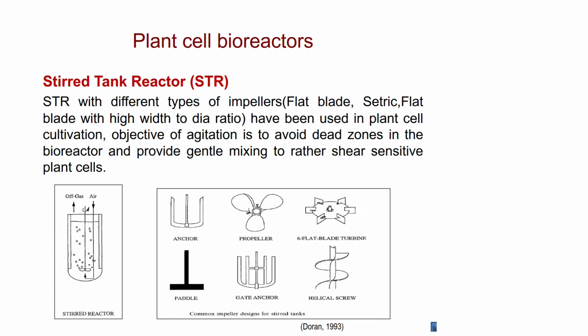Now, the kind of impellers like anchor impeller, propeller, 6 flat blade turbine are well used for microbial fermentations. Why these designs? Because, as I said, these designs will impact your flooding transitions, flooding and loading. This impacts the dispersion of the gas bubbles in the reactors. The more the dispersion of the gas bubbles, the better the mixing, but there is a limitation of creating suspension of the cells. So, whether you should use point spargers or a ring sparger also depends on the reactor geometry. All these aspects have to be taken into account when you are designing reactors.